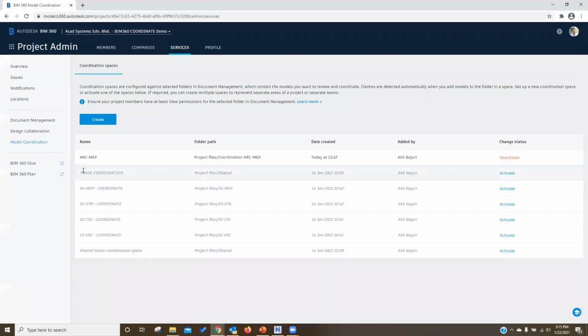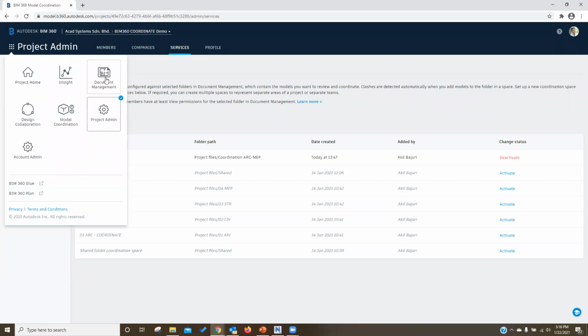So if you are using Navisworks, you were actually creating clash analysis tests. Say that you want to do coordination between architecture and MEP, architecture versus civil, architecture versus structure, or structure versus MEP and piping, and many more. So you can always create. But if you want to create these, we call them coordination spaces, you have to upload all drawings into document management.